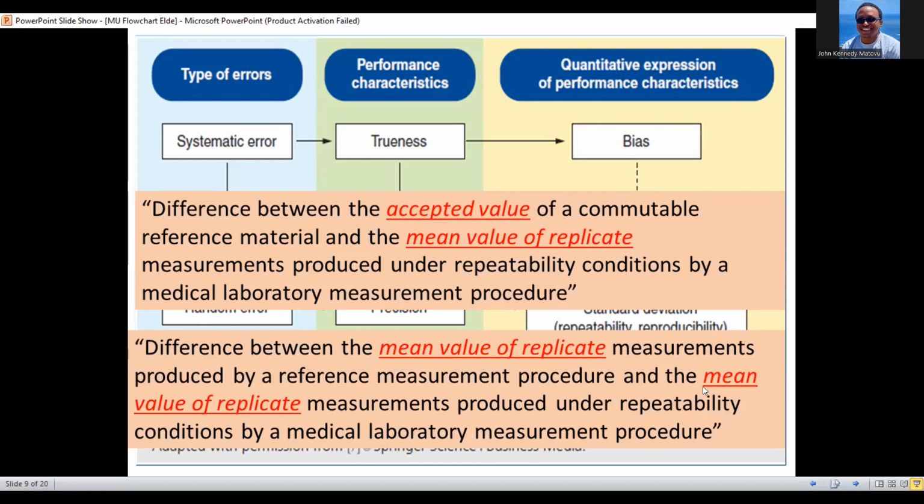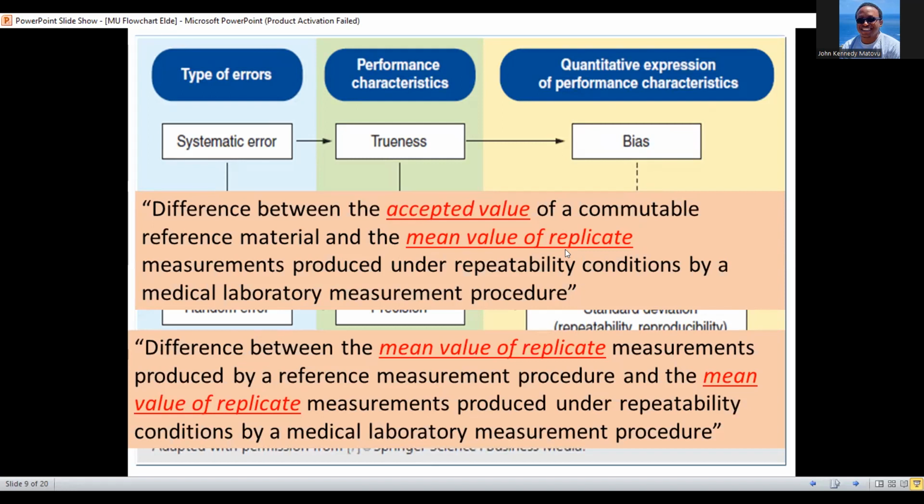This is the one that we use when we start the experiment we call comparison of method. So in that comparison of method, we have the reference method and then the new method to obtain bias. All right. By the way, if you are replicating a test,